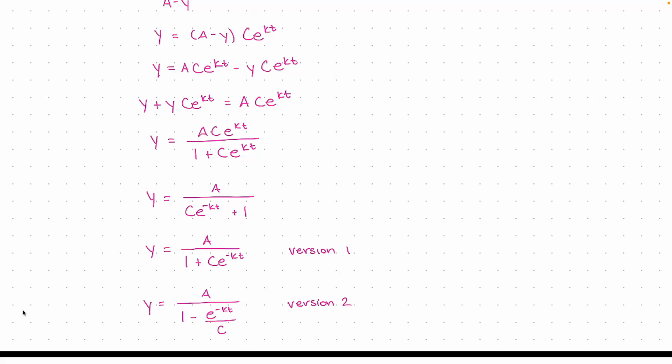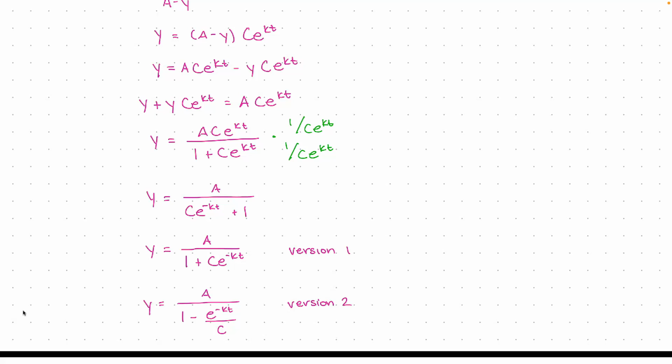Anybody need this? We're going to summarize everything now. Actually, no, not yet. Almost. Yes. To go from this step to this step, I'll show it in a different color. This line. If I divide the top and the bottom by CE to the KT, this term is 1 over CE to the KT, which I just made the exponent